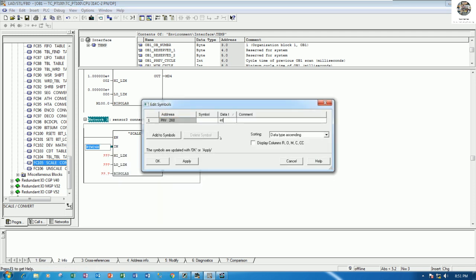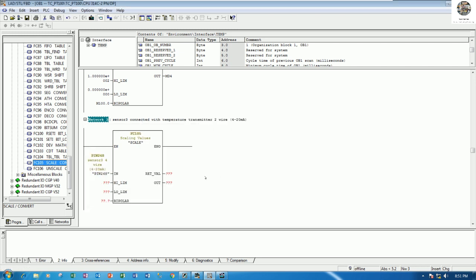So integer, command, sensor 3, 4Y. Start from 4 to 20 milliamp also, right? Okay,